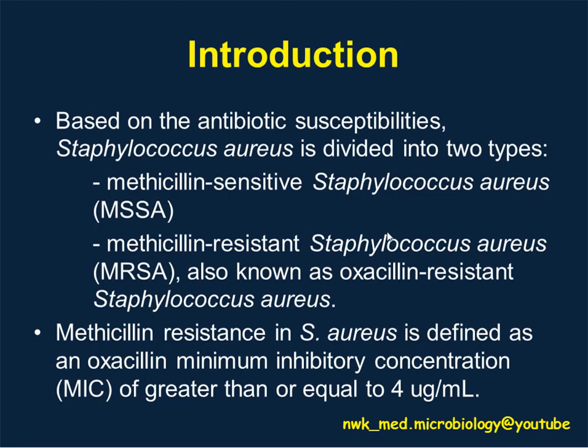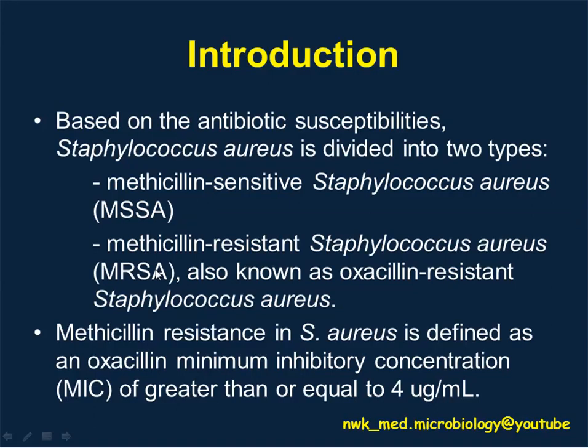For Staphylococcus aureus, in a normal condition, it can be destroyed by the antibiotics methicillin, oxacillin or penicillin. Remember all this: methicillin, oxacillin and penicillin are basically the same group of antibiotics. So the normal Staphylococcus aureus can be destroyed by this type of antibiotic. Those Staphylococcus aureus that can be destroyed by this antibiotic, we call methicillin-sensitive Staphylococcus aureus, or MSSA. Here we're going to discuss the one that is resistant, which is methicillin-resistant Staphylococcus aureus,